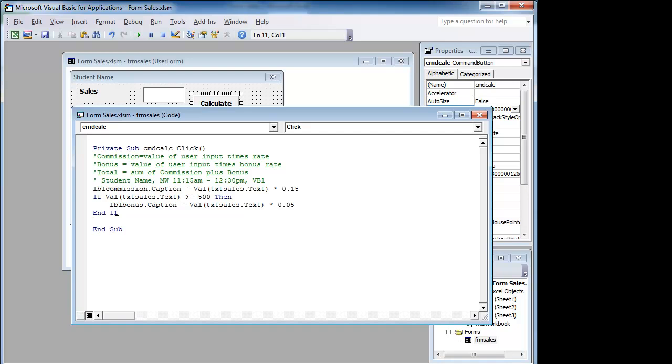So we're going to go ahead and say if the value of TXT sales, and we're going to accept the text, is less than 500, then, and when I hit enter, it'll space out. We want to tab, because we want it to do something: the caption for LBL bonus should equal 0. And then I'm going to hit enter, it spaced it out automatically, backspace, and end my if